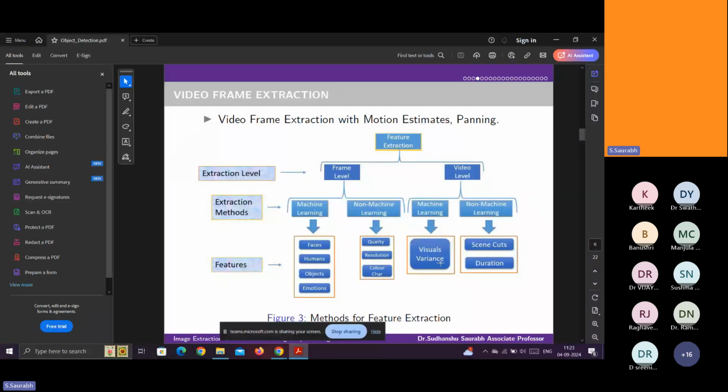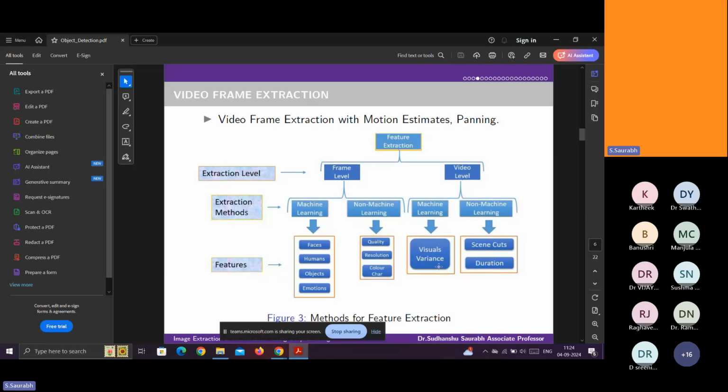Check the variance in the perimeters, or apply the convex hull kind of property, and check the variance of the particular image.